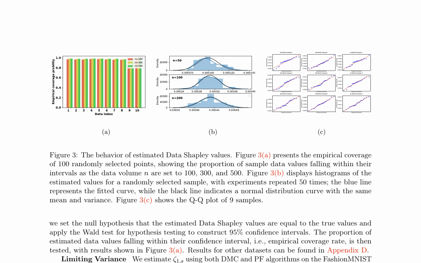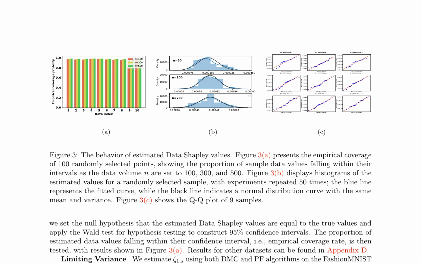data values. Figure 3b displays histograms of estimated Data Shapley values for a randomly selected sample, with experiments repeated 50 times. The blue line represents the fitted curve, while the black line denotes a normal distribution curve with the same mean and variance. This comparison indicates that the estimated Data Shapley values follow a normal distribution, supporting the validity of the proposed method. Figure 3c presents the QQ plot of 9 samples, further validating the normality assumption of the estimated